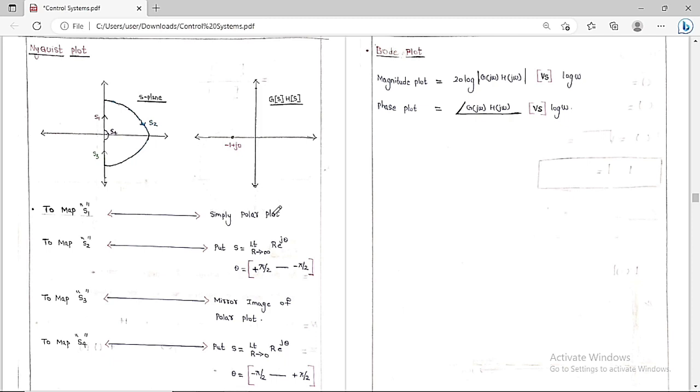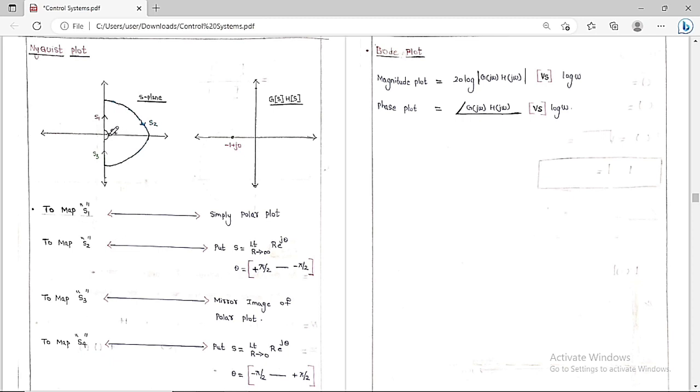Whatever this polar plot we have drawn, for this one, it is just a mirror image of this one. So in order to map the S3, it is a mirror image of the polar plot. Just take the mirror image of this one in order to get this one. Now, if you want to map this S4,